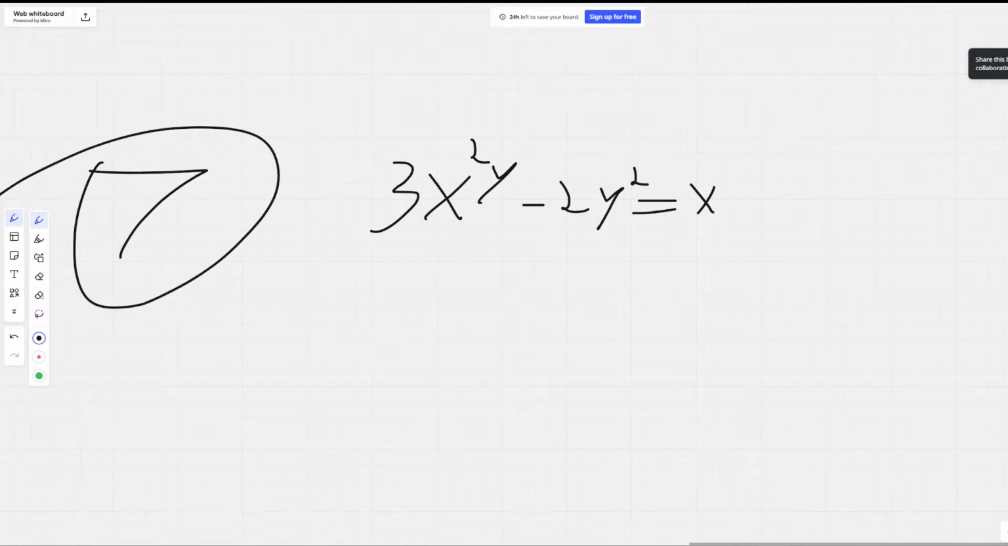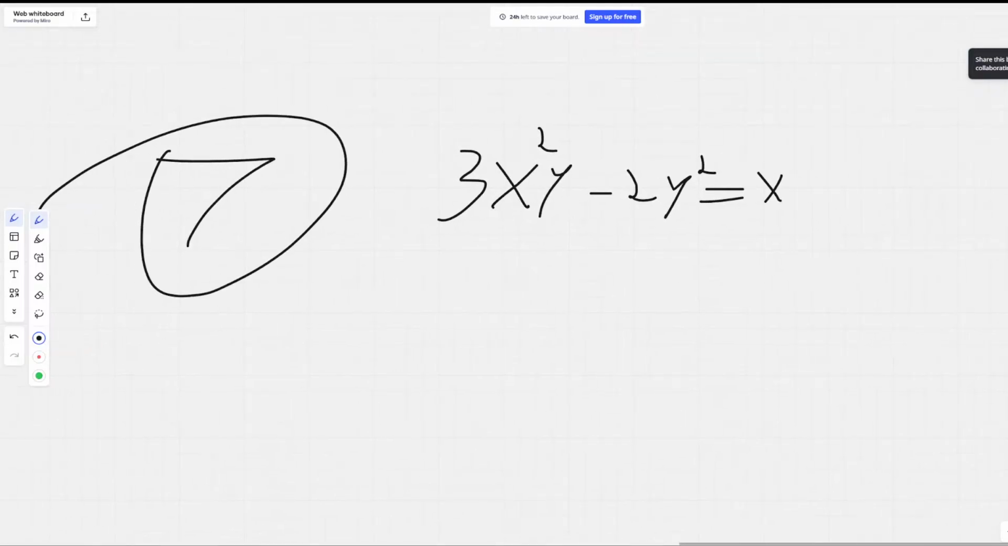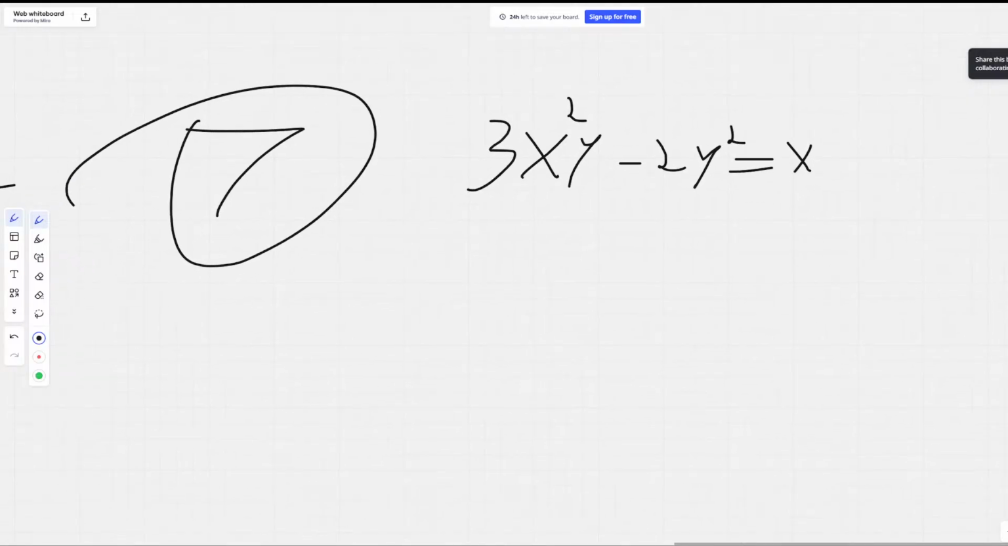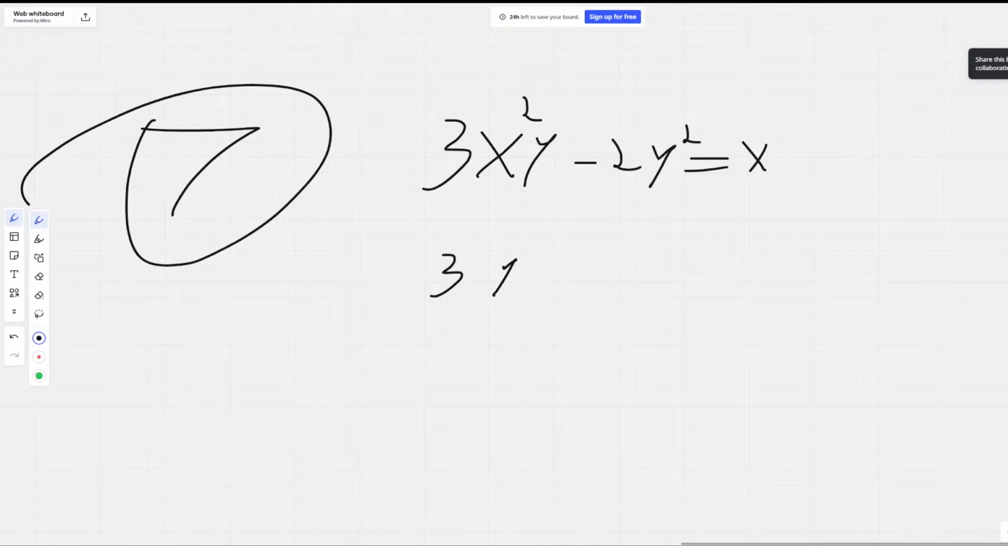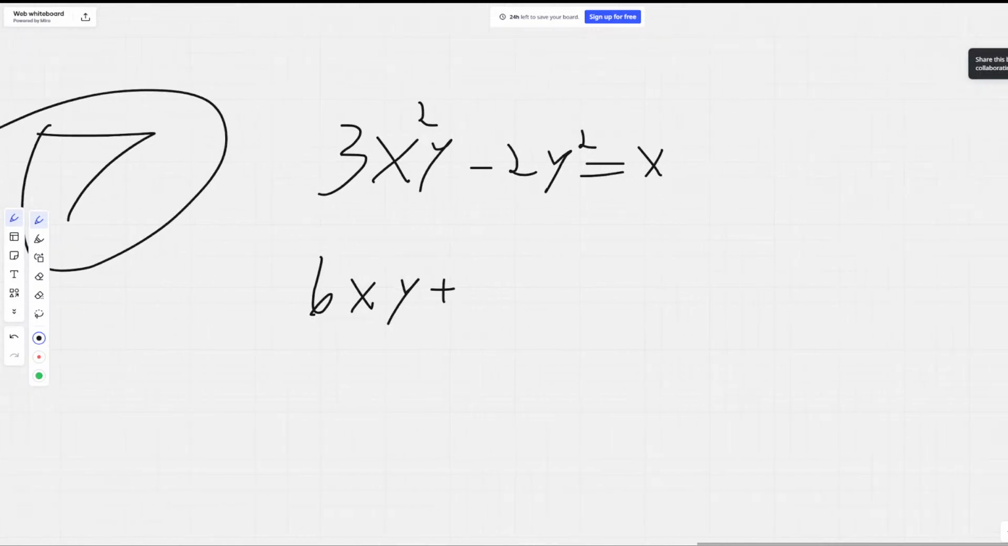Let's start with the first, shall we? Fix this though. Put it in the proper place. 3x squared y minus 2y squared. Alright. It's a number, if you believe me. 3. That's not 3, actually. There's a squared up here. It's x y plus